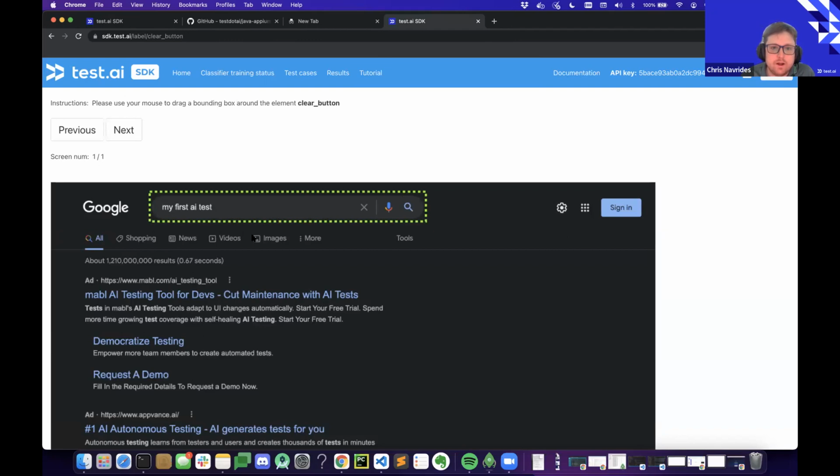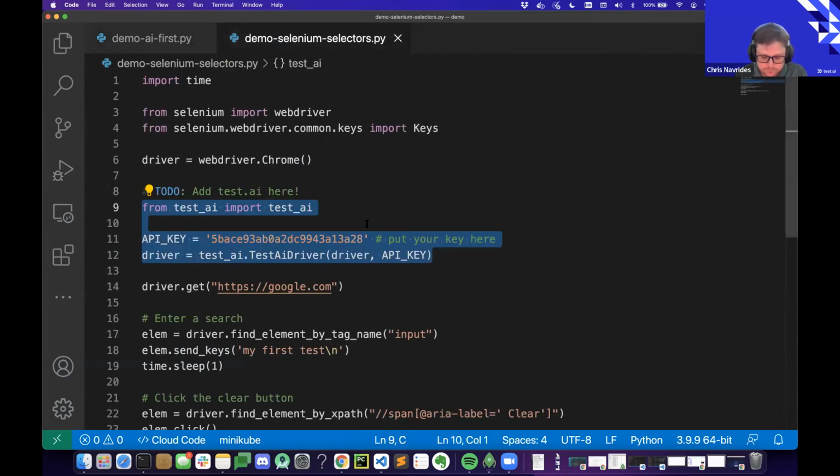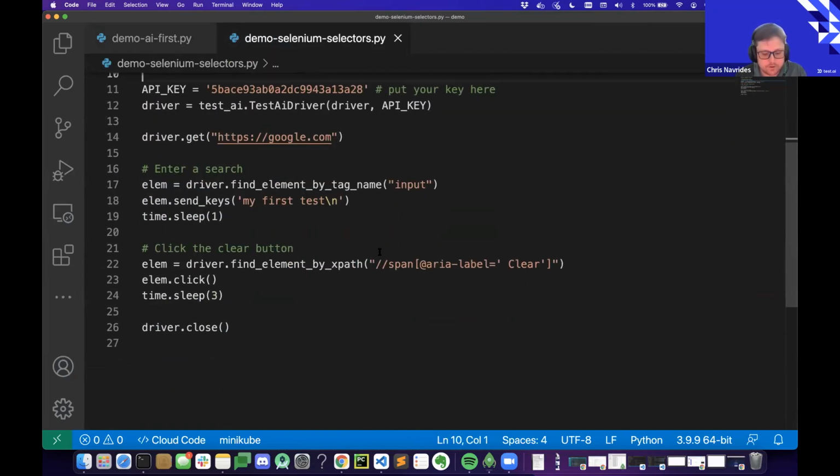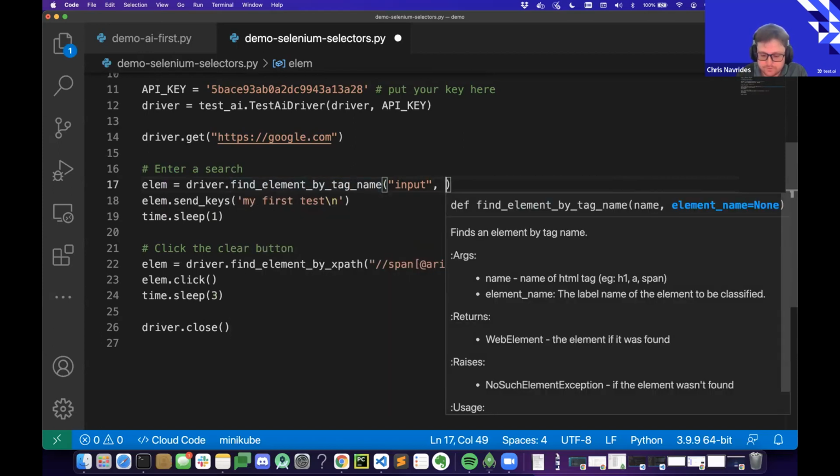Do you need to worry about the type of element selector, since XPath is brittle versus ID or CSS? This is a good question. There is one other piece I didn't quite show, just for time. If you have your existing Selenium test, we added an extra value here, so you can pass in an element name now.